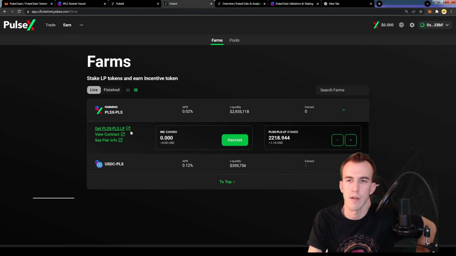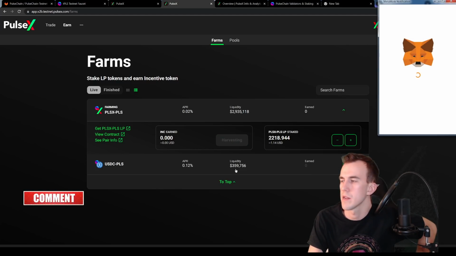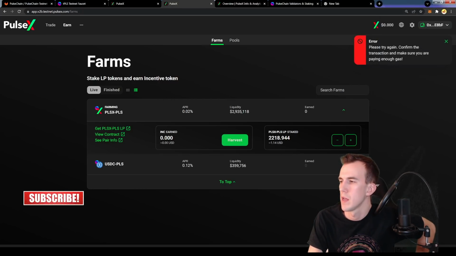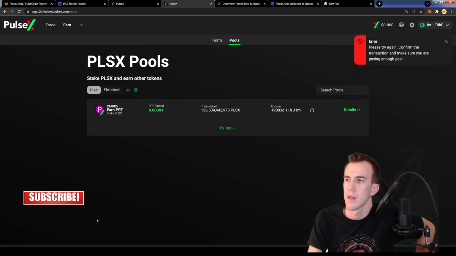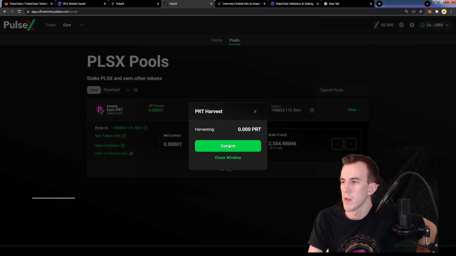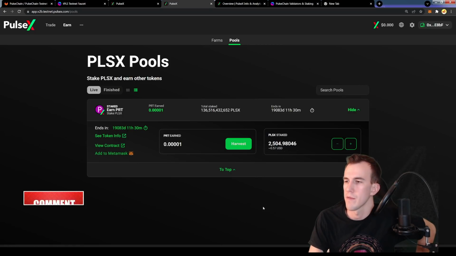We got our liquidity tokens in here, so now we're actually earning incentive. You can harvest it. You just hit harvest, and then I'm not sure how much I would actually earn. I'd probably wait till I have a decent amount. Yeah, we won't do that. And then in here, I could harvest my PRT if I wanted. It just doesn't have enough zeros to show how much I have.